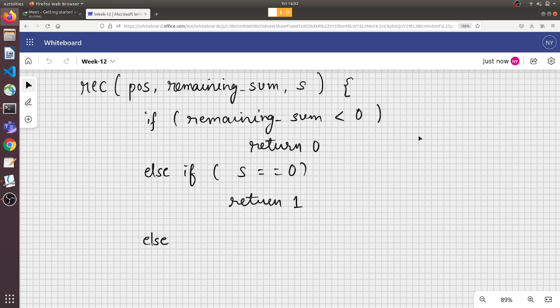Also, what I just noticed is in the case if the sum is equal to 0, along with 1, we'll also have to return the value if we don't take that element right away. So that would be 1 plus recursive call of position minus 1, remaining sum. And if position is less than 0, then we'll return 0, because we don't have any remaining elements. So we can keep that as an or condition in the first condition only, remaining sum is less than 0 or